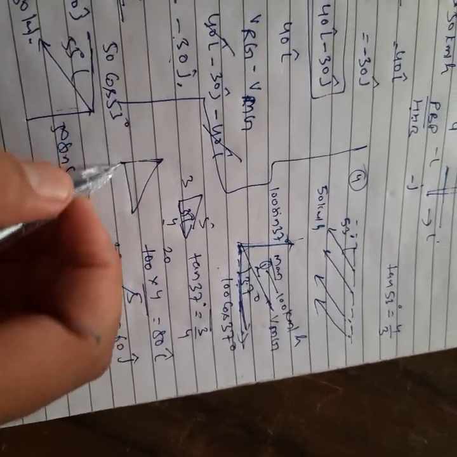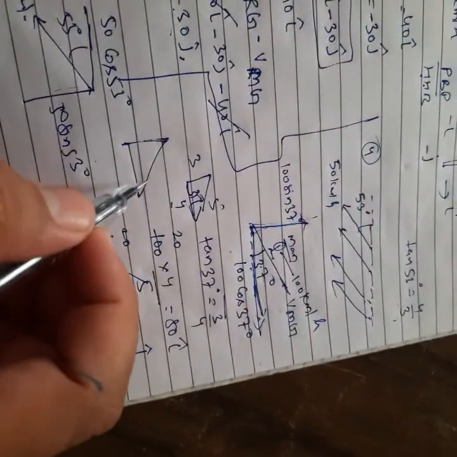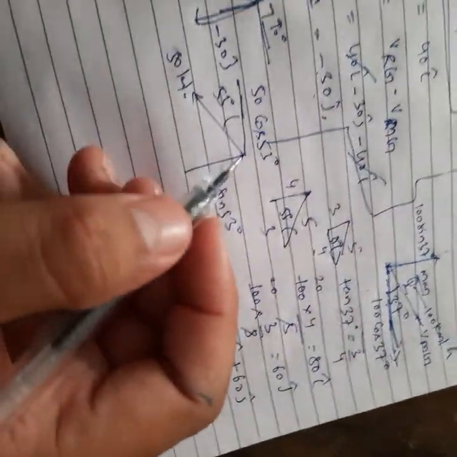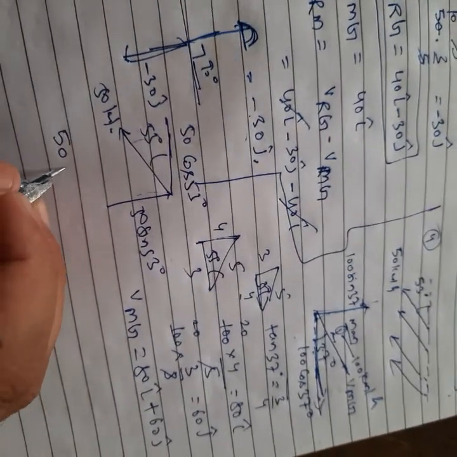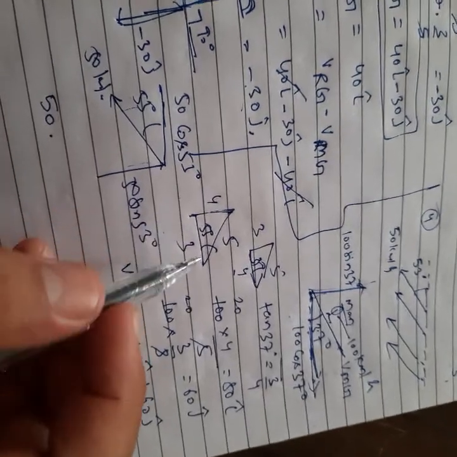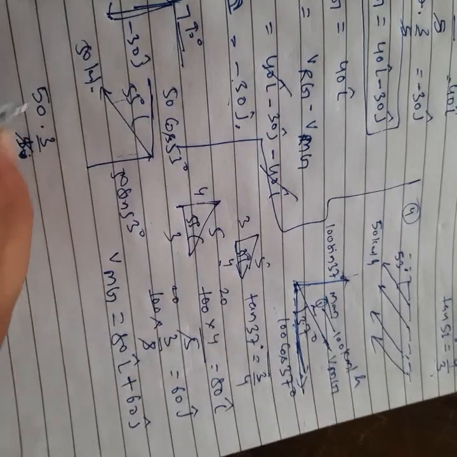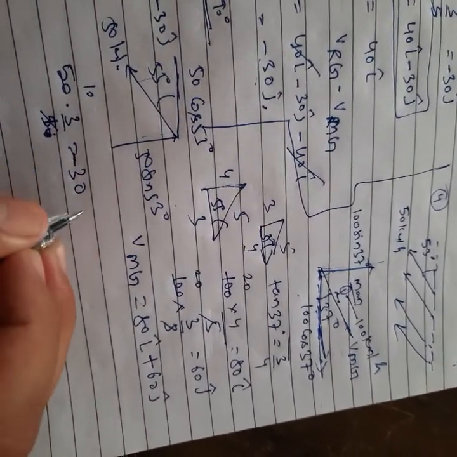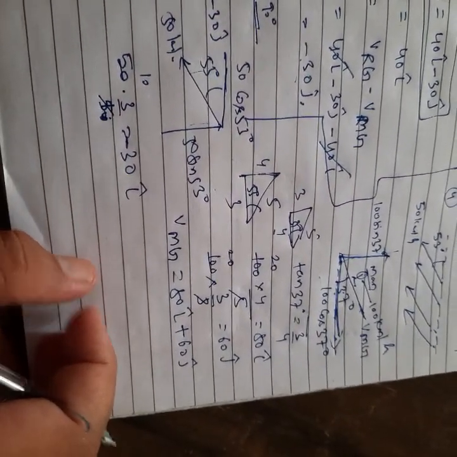So I told you here tangent 53 degree is 4 by 3, meaning perpendicular upon base. If this is 53, so perpendicular upon base, this is also 5. Then find out the first one. This is equal to 50 cos 53. Cos means what? Base upon hypotenuse. Base is equal to what? Base 3 upon hypotenuse, this is equal to 5. 5 times 10, so we can say 30. So on this side, we can say this will be negative i. Say yes or no? Any doubt now? Clear. Come to the next point.